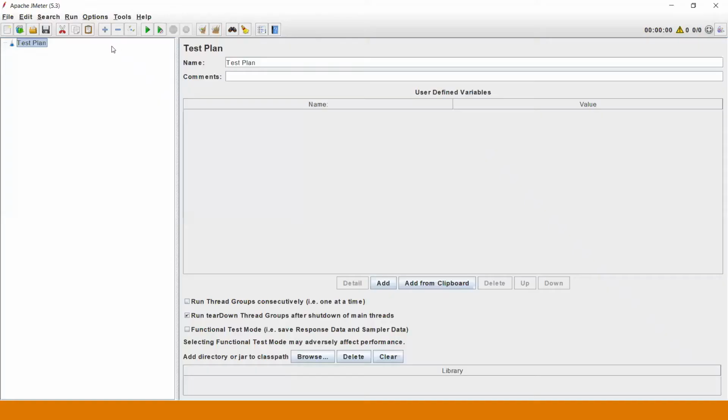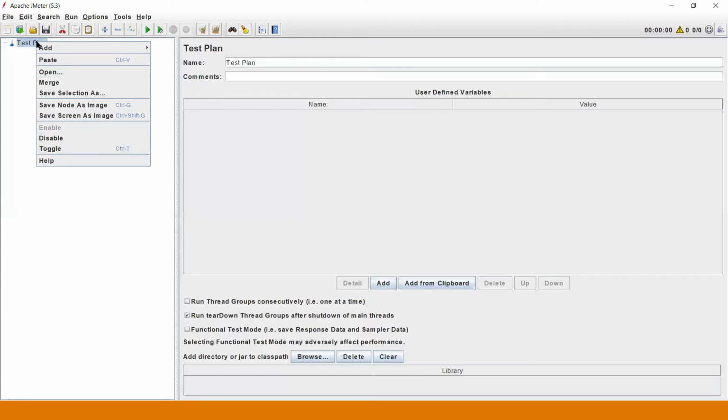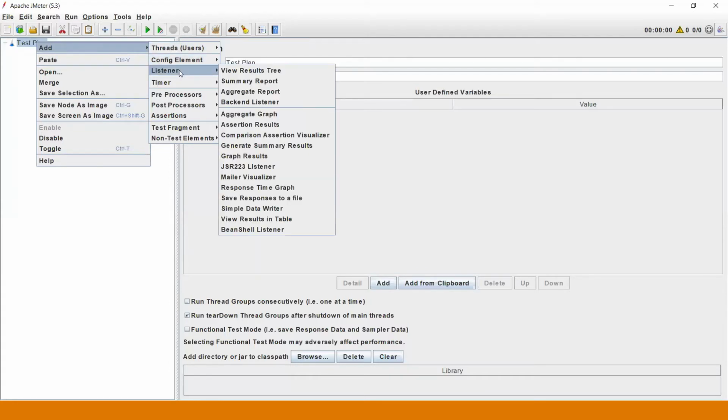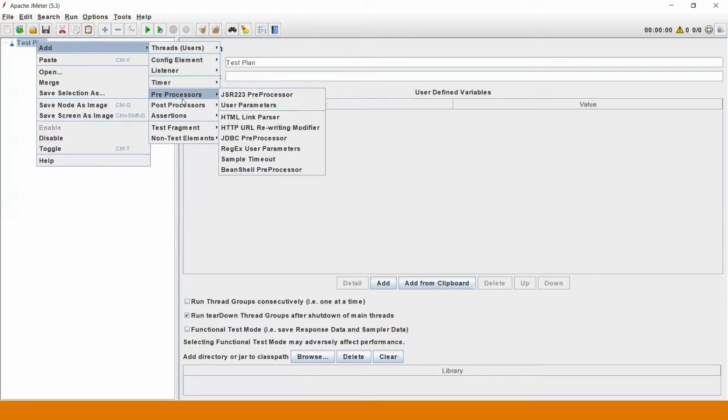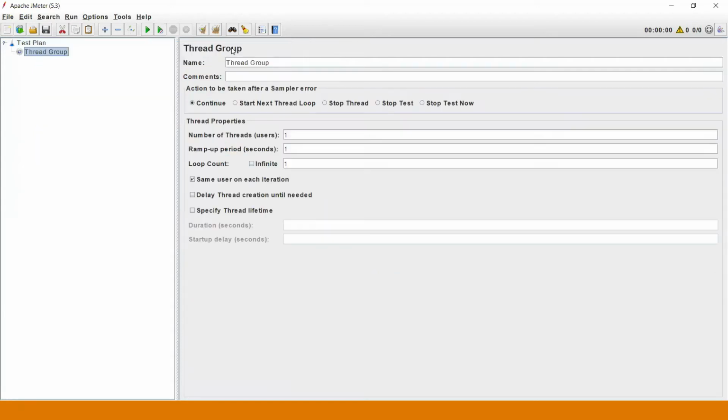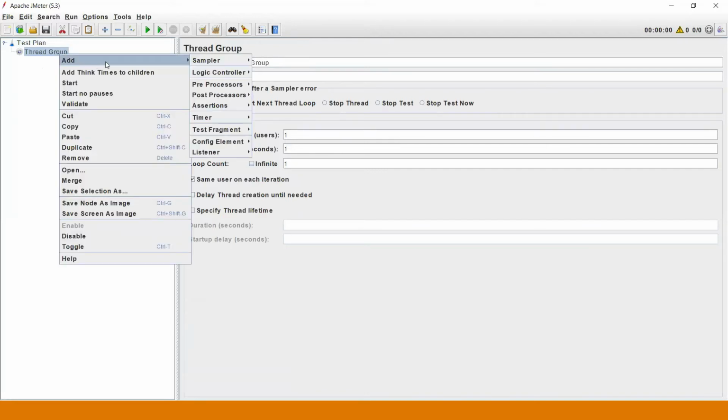As you are now aware of the terminology, you can see when you right click on thread, you will have this add option and all these things. See, thread is there, config element is there, listeners, timers, pre-processor, post-processor, assertions, etc. When you open a thread group, inside the thread group, you will have the controller and sampler.